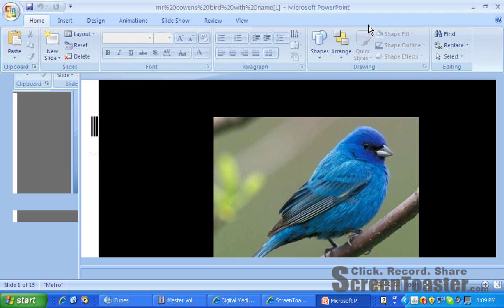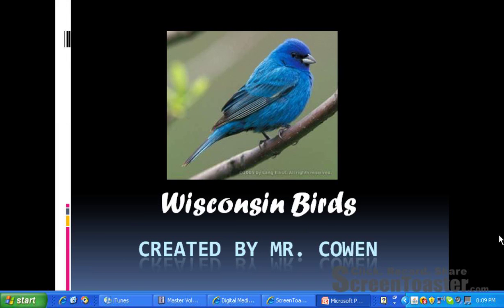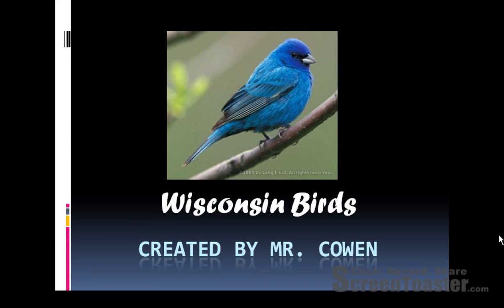First, we are going to go to this, just happens to be one of my favorite birds that passes through Wisconsin, and this would be the indigo bunting. Obviously a very beautiful color on this bird, but actually rare to Wisconsin. They only basically pass through